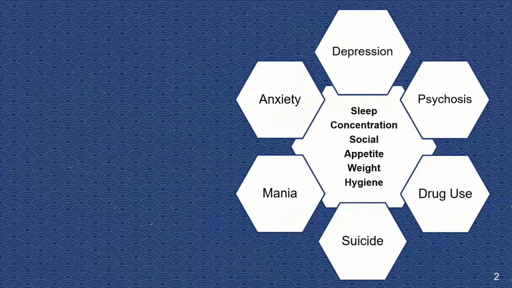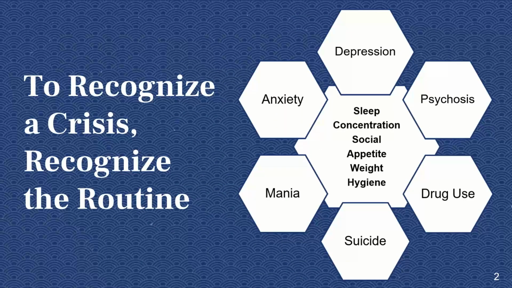And so really, if we want to recognize a crisis, we need to recognize the routine. And so if we are talking about a loved one in your life, maybe it's a partner, maybe it's a child, a cousin, a grandma, maybe it's a neighbor that you're really close with, maybe it's somebody that you work with, we can typically identify these things in those individuals. And not that one of these, right, if they're sleeping bad for a week, that means that they're struggling with their depression or they're contemplating suicide. It's really a culmination of these things.